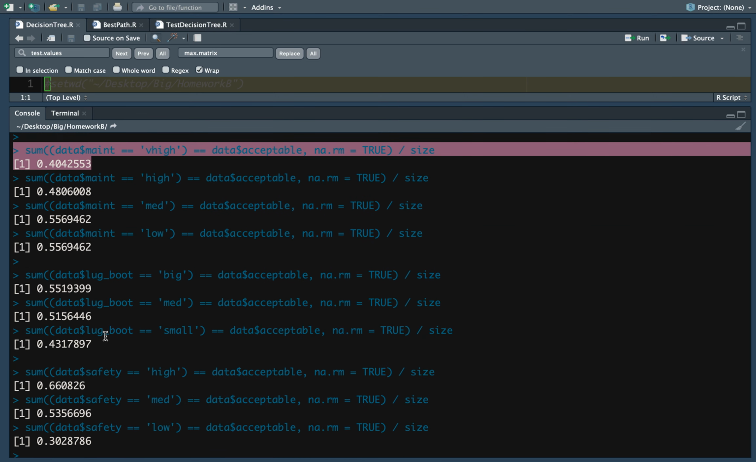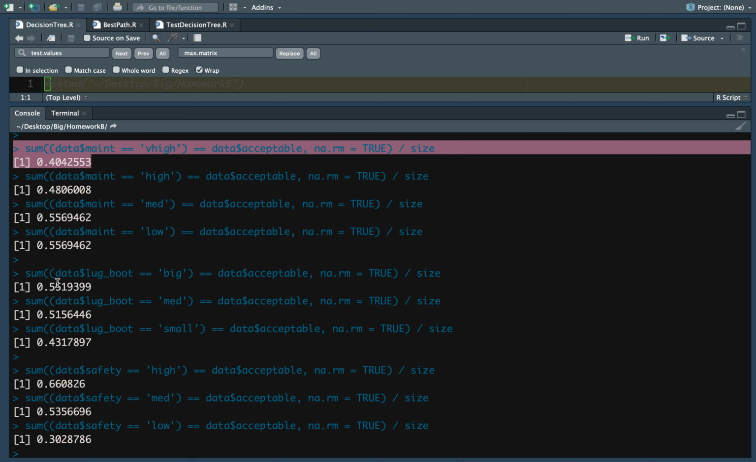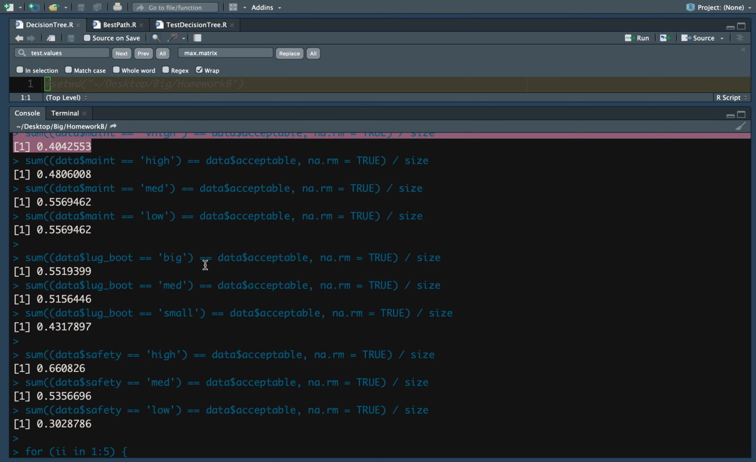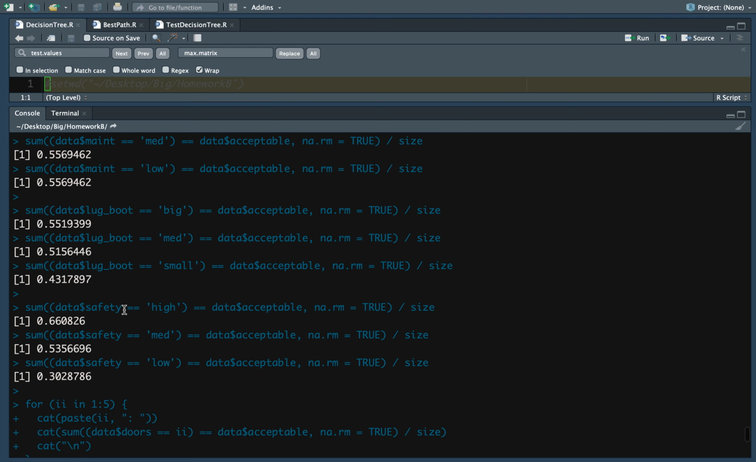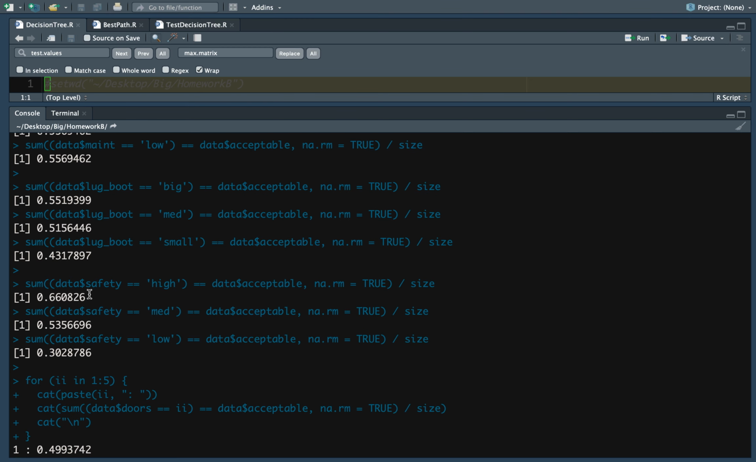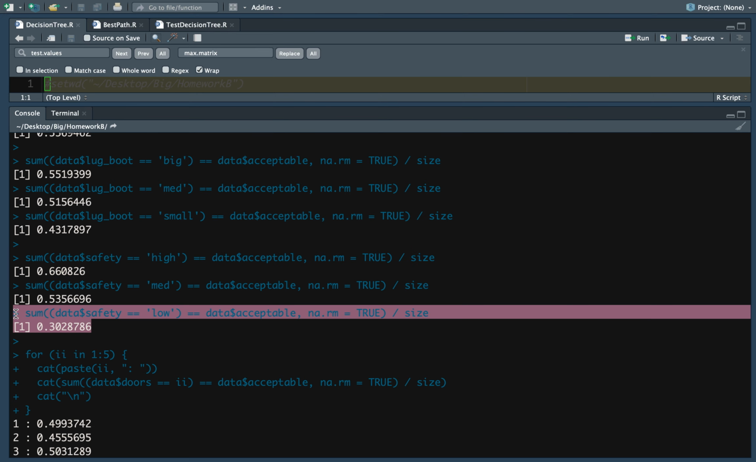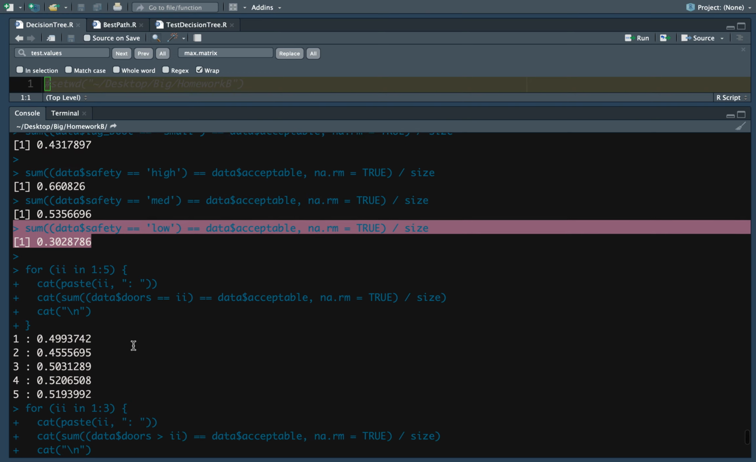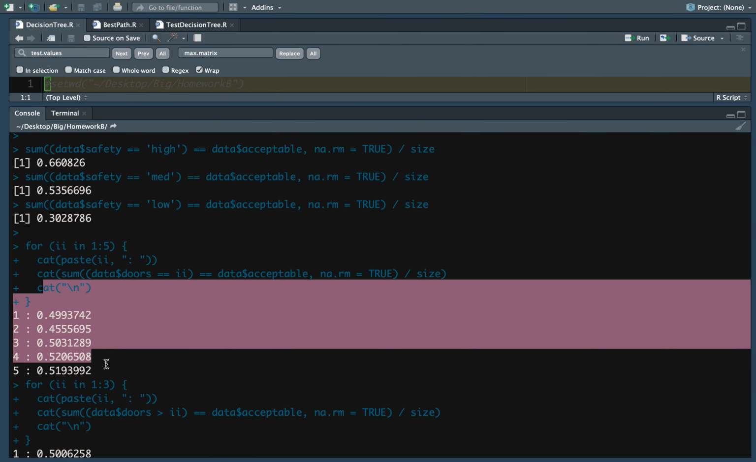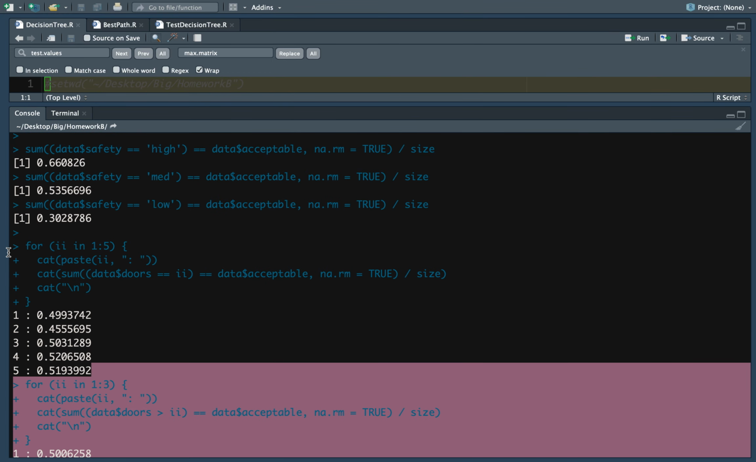And then we go down here. Yep, we also see a big lug bolt, a little bit better. Try to go through this quickly. Safety, so safety high, definitely a little bit better. Safety low, more important, a little bit worse. So safety not low, something we'd want to check. And so this is something that's important here. We see that